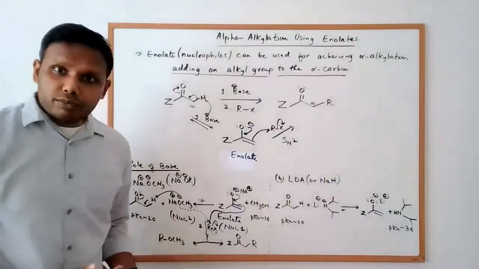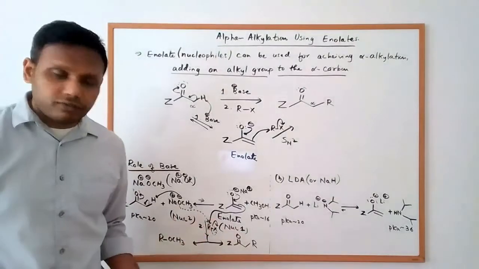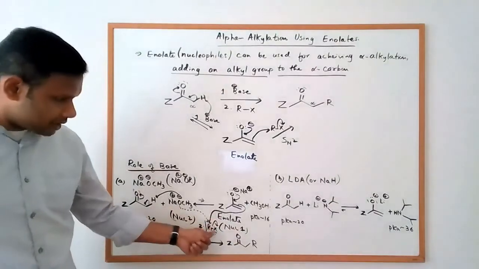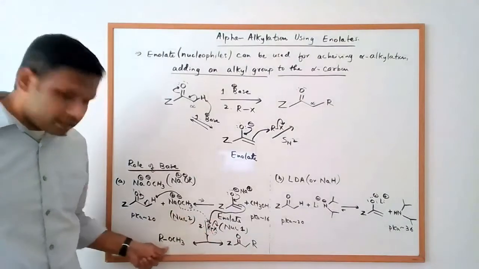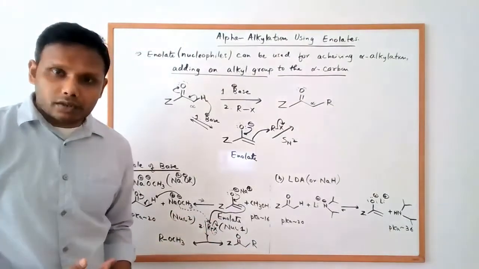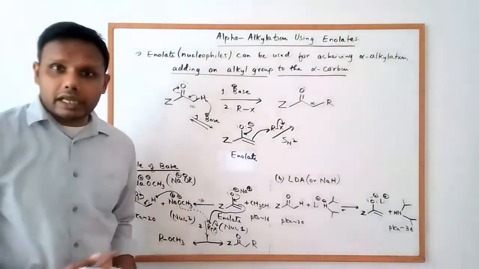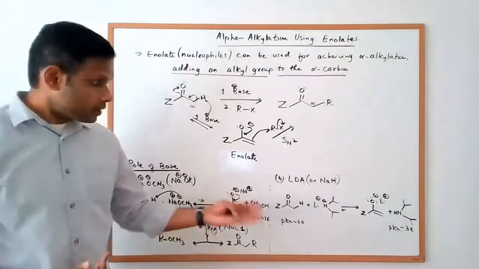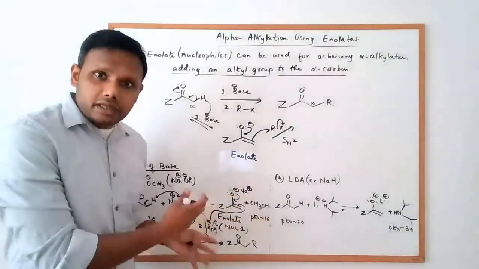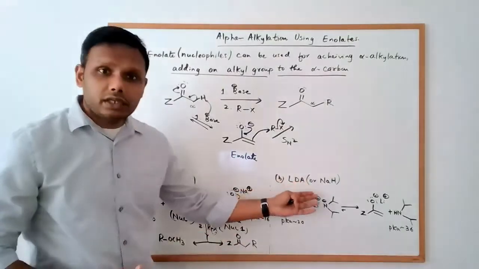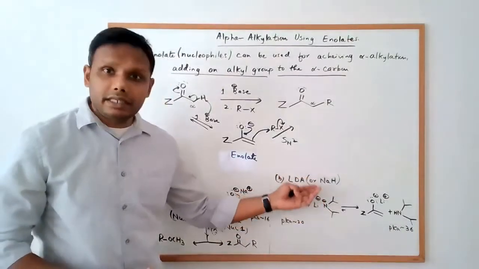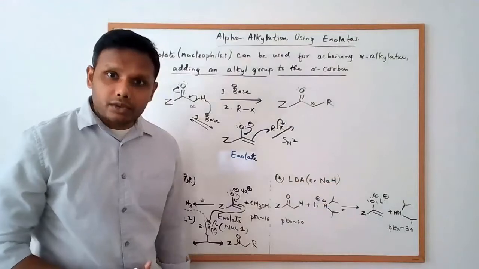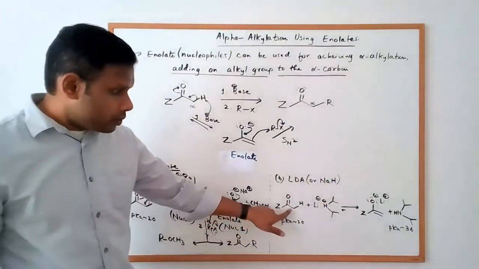So we get a mixture of products here. Two products are formed here. When the methoxide attacks the alkyl halide, you will get an ether as your product. Or if it's a hydroxide, you will get an alcohol as your product. Now, this situation can be avoided by using a stronger base like LDA or sodium hydride, because when you react